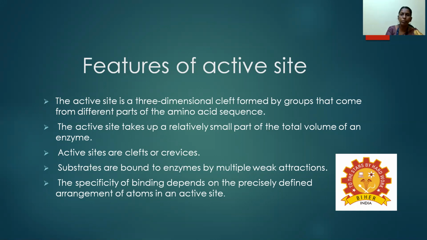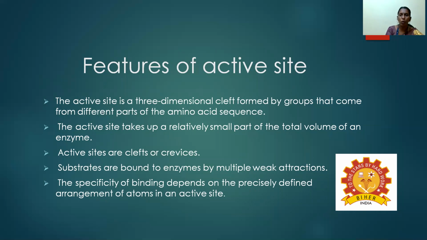What is the mechanism of the enzyme? The enzyme combines with the substrate to form an enzyme-substrate complex, which is then converted into the product with the release of the free enzyme. The enzyme combines with the substrate at a particular location, called the active site, therefore the term cleft or crevice. The mechanism: E combines with the substrate to form the ES complex and finally releases the enzyme.